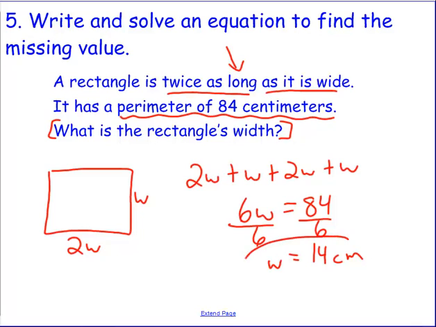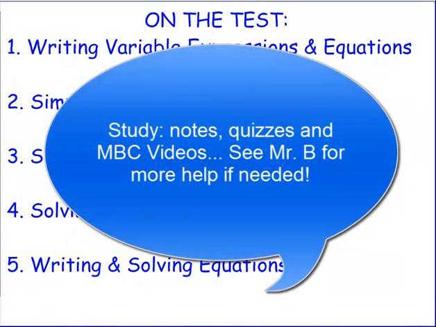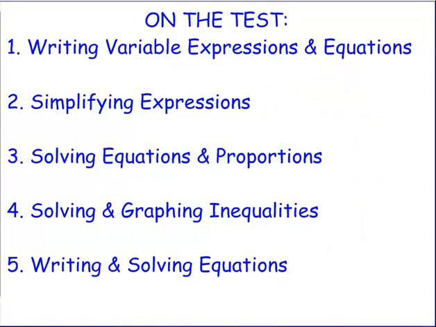Then I go back to my question and I say, well, have I answered the question? Did it ask for just the width or also the length? And in this case, it is just the width. Again, a very quick overview as far as what to expect on your test. 5 main types of problems: writing variable expressions and equations, simplifying expressions, solving equations and proportions, solving and graphing inequalities, and writing and solving